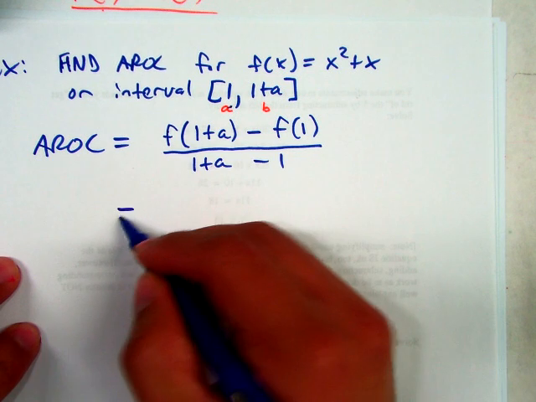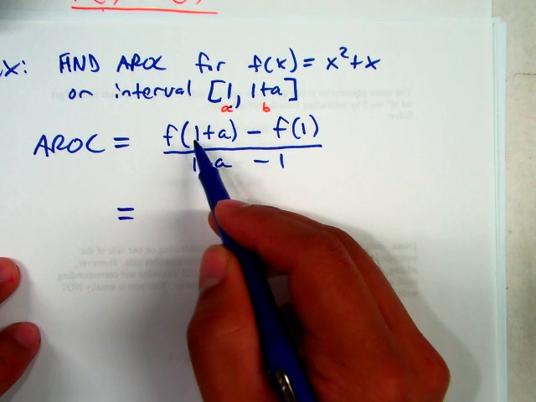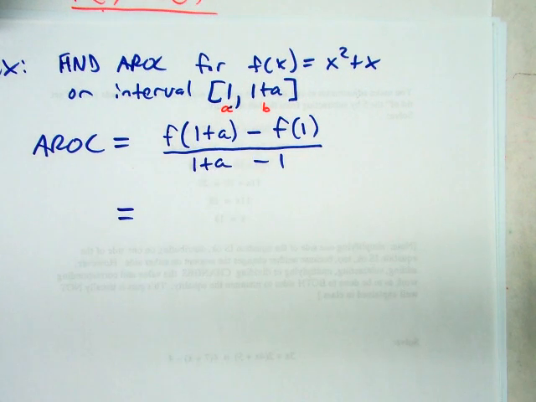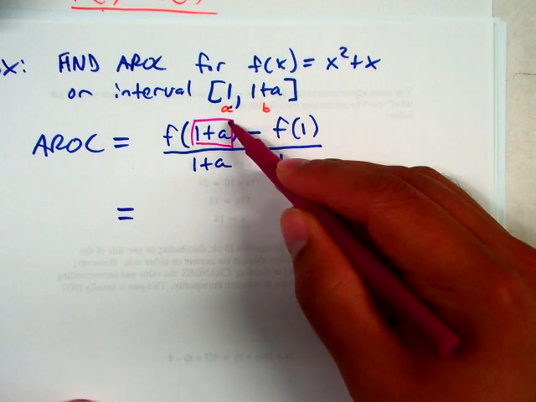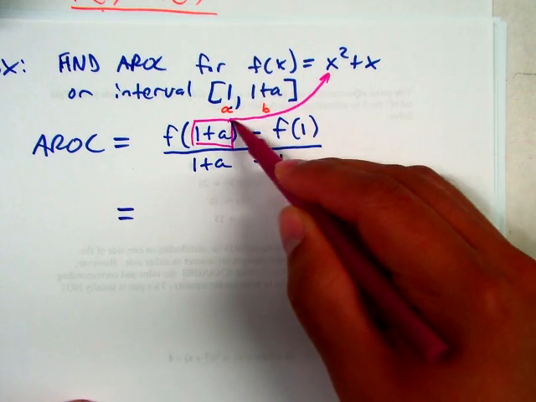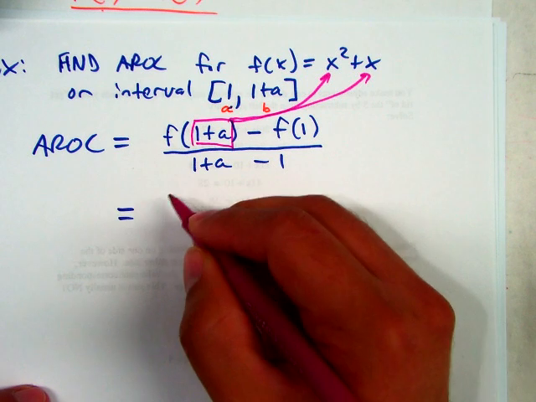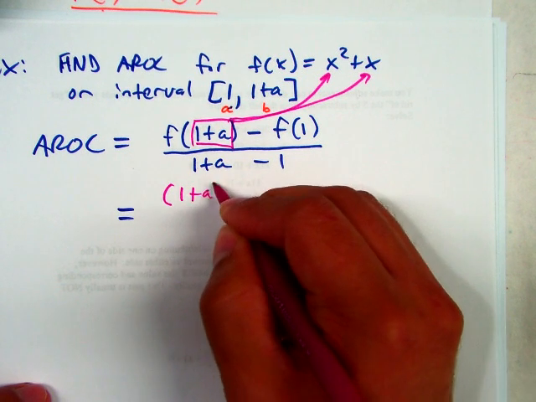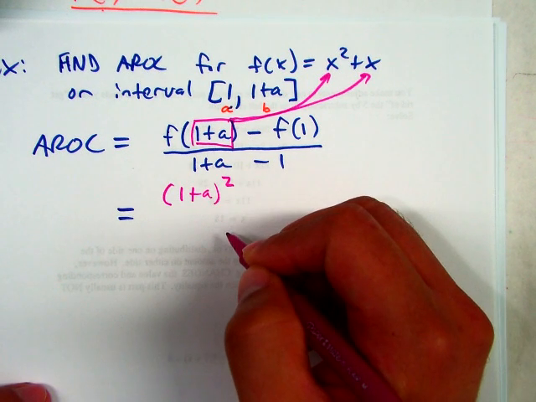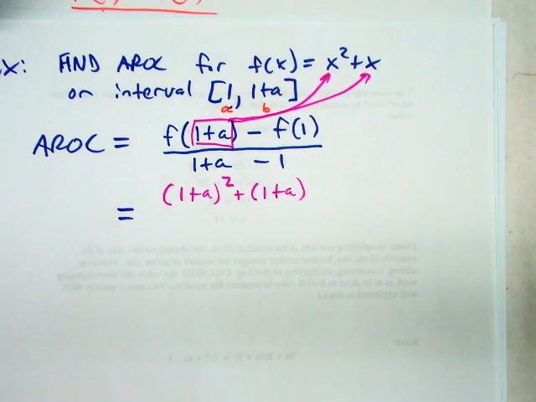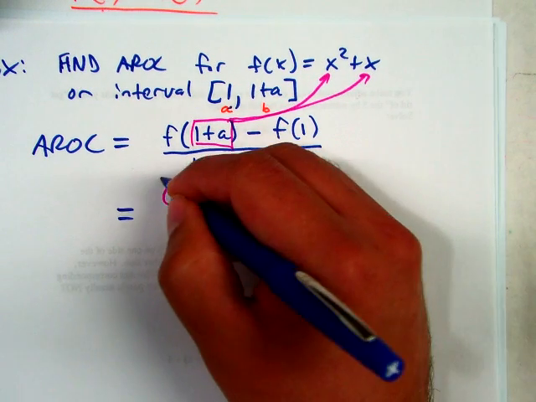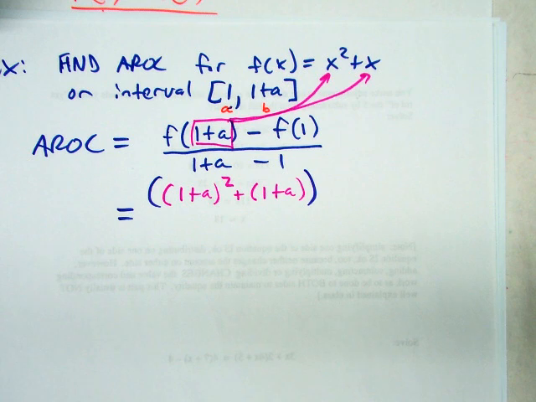So now what does this mean? f of 1 plus a means to take 1 plus a and stick it into where? Into the x in the function here, x squared plus x. So let's do that. It's going to be 1 plus a squared plus 1 plus a. So that's my first y value. Minus,